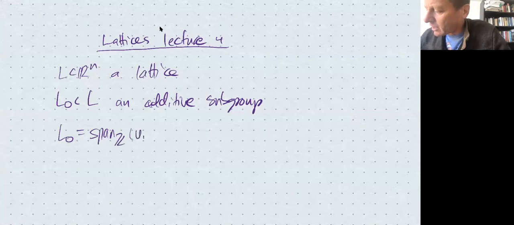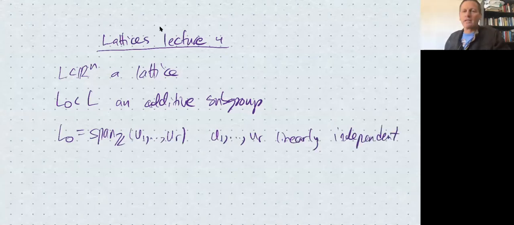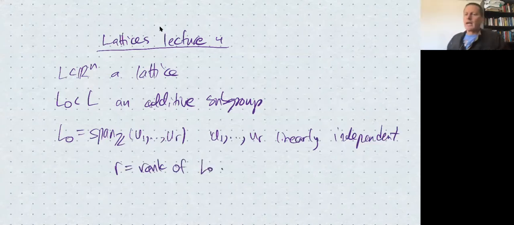It's the span over Z of r linearly independent vectors in L. And this means it's an additive subgroup, and the number r is called the rank. And with such an object, we